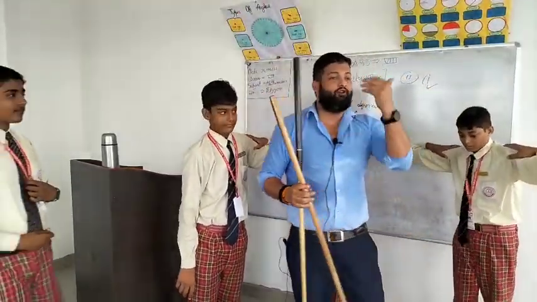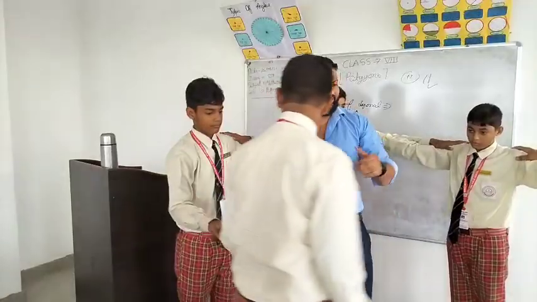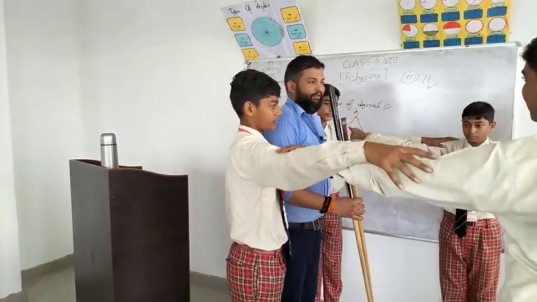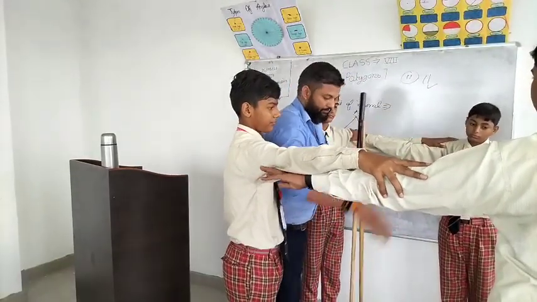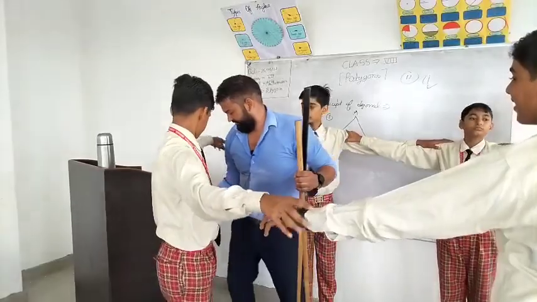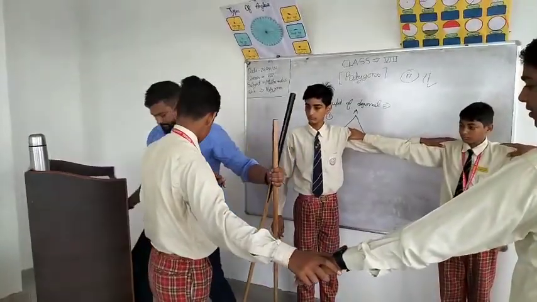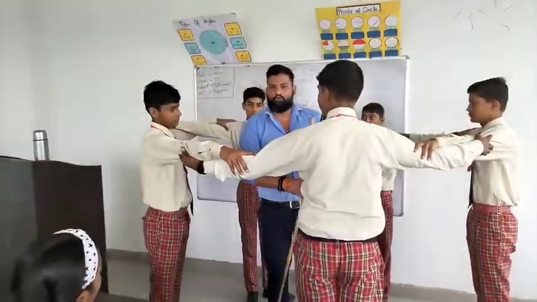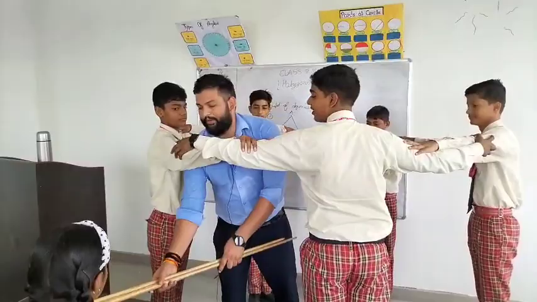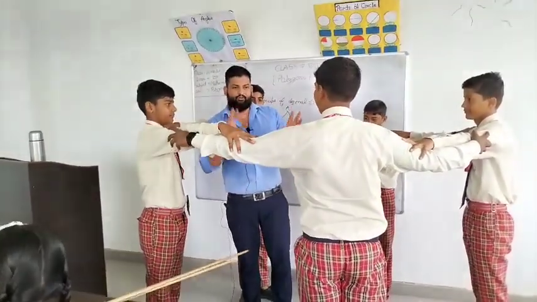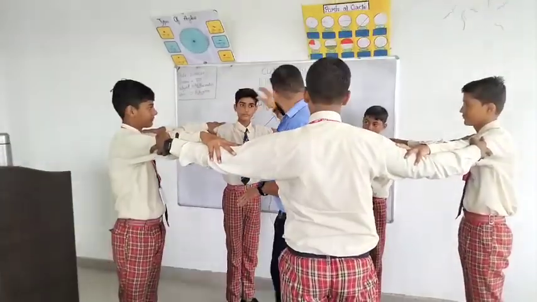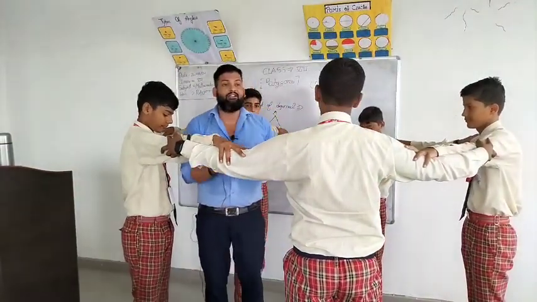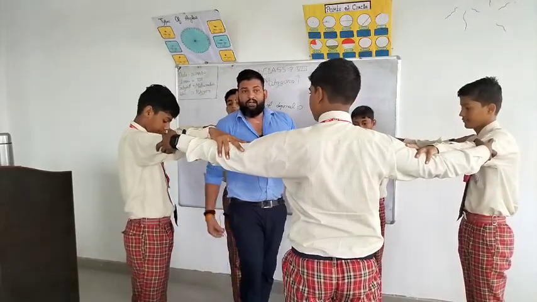Now I am talking about the pentagon. Stand there and join your hands. Now there are 5 students. Please come this side, there is a camera. Now join your hands. So how many vertices are there? First, you must know that: 1, 2, 3, 4, 5. Now, what is the concept of diagonal? It means how many diagonals we can draw in a pentagon.